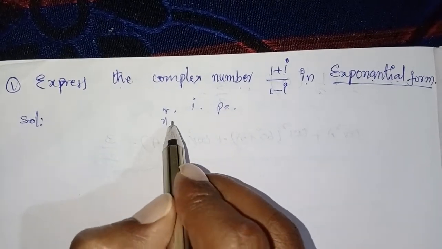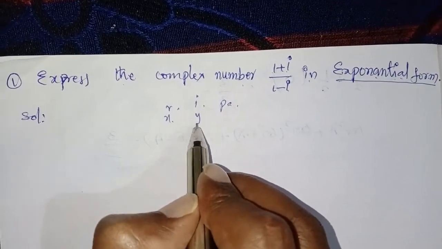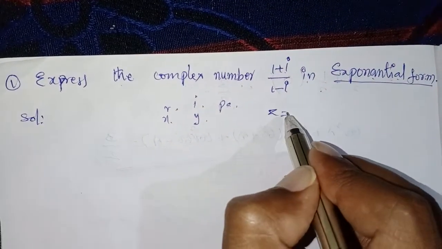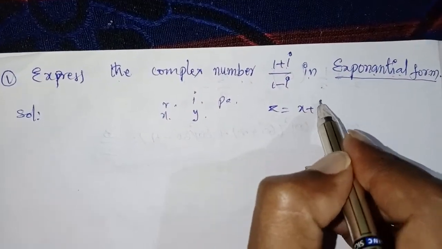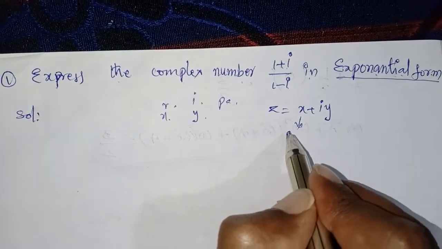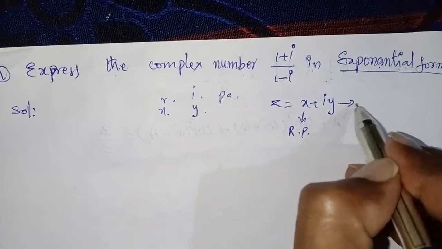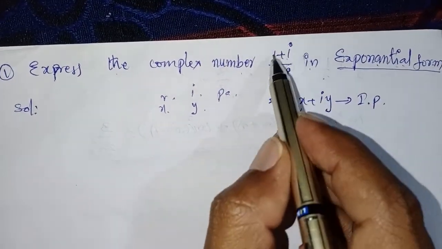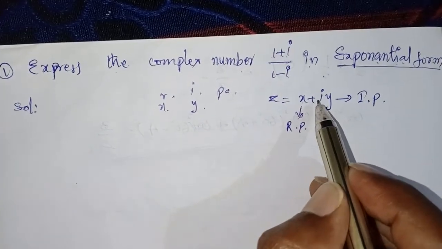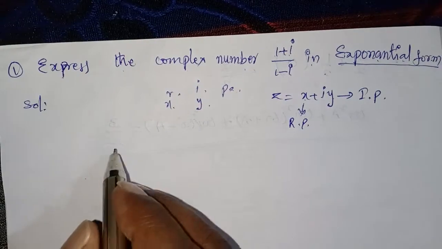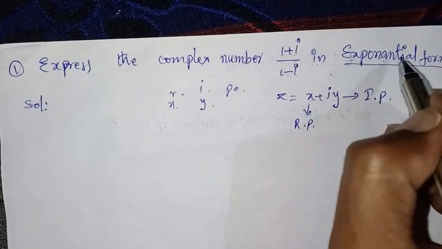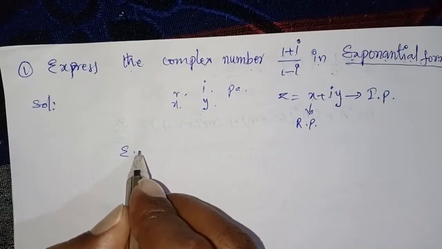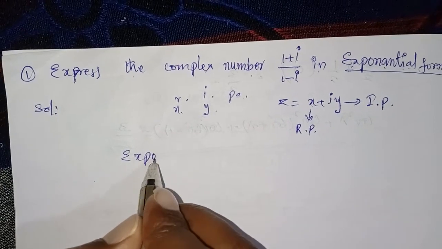That is, let the real part be x and the imaginary part be y. We know that z is equal to x + iy. This is the real part and this is the imaginary part. So we need to compress this into the form x + iy. So for that, what is the exponential form? Exponential form is